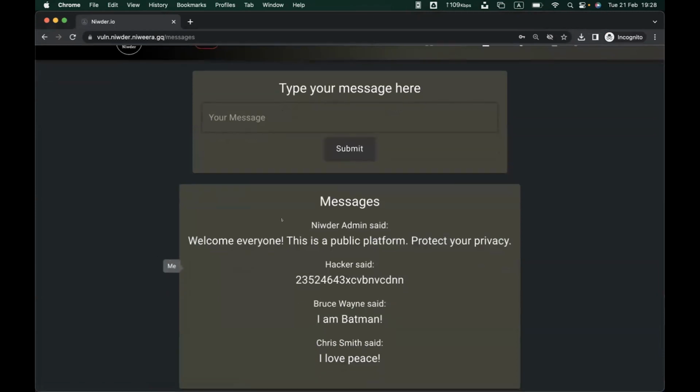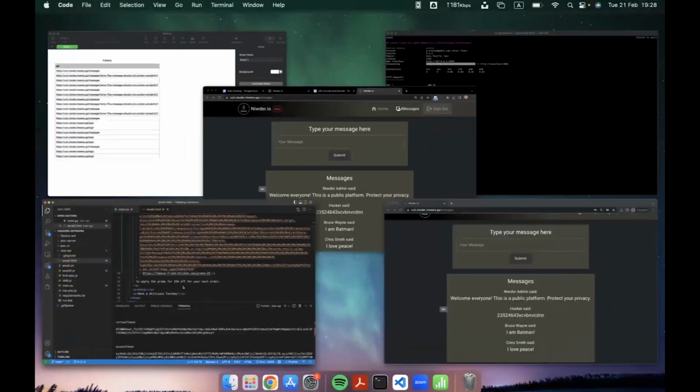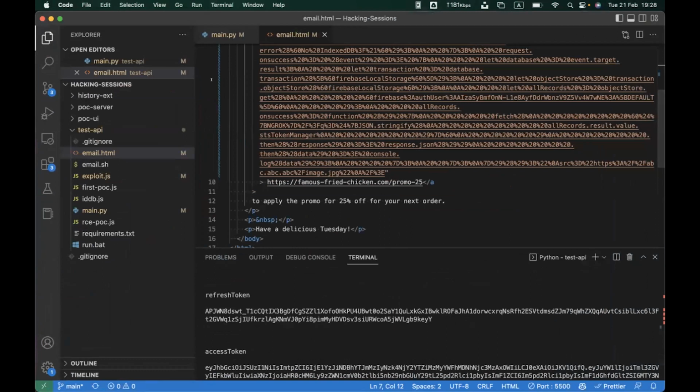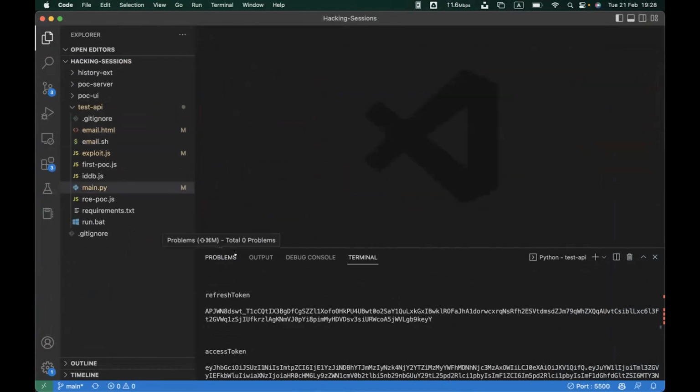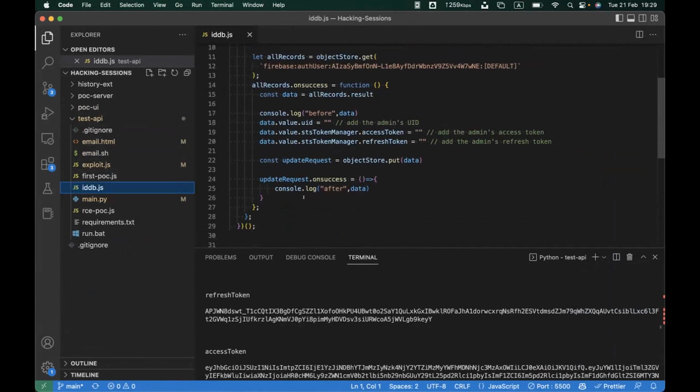What we are going to do is use this refresh token, access token, and the user ID to mimic the admin privileges.